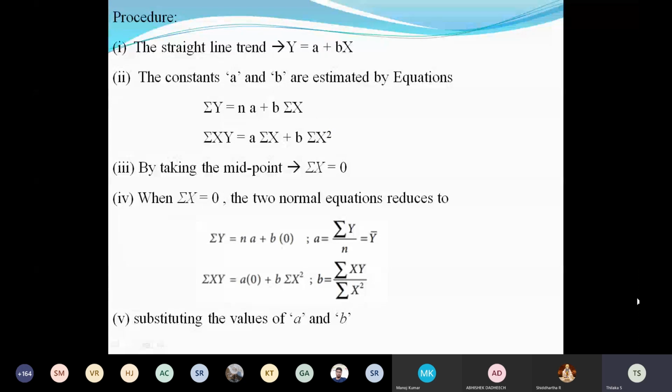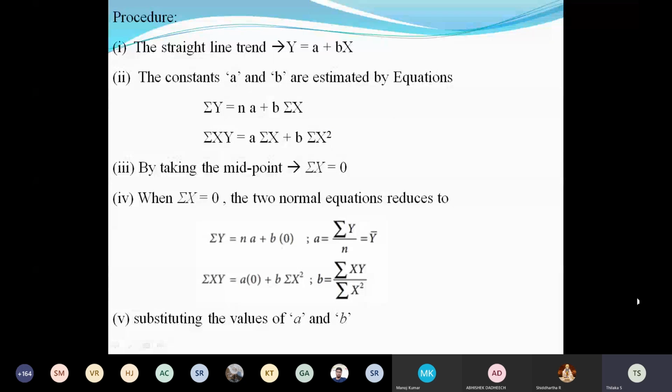Here, in these two formulas, the values of capital X and capital Y are the values which were given, and the values of a and b have to be found out using these formulas. The letter n, small n, refers to the number of years, the number of sales which were given in the problem. It does not refer to the sum of the variable, it's just the number of items, the number of years which were given. Is it clear?